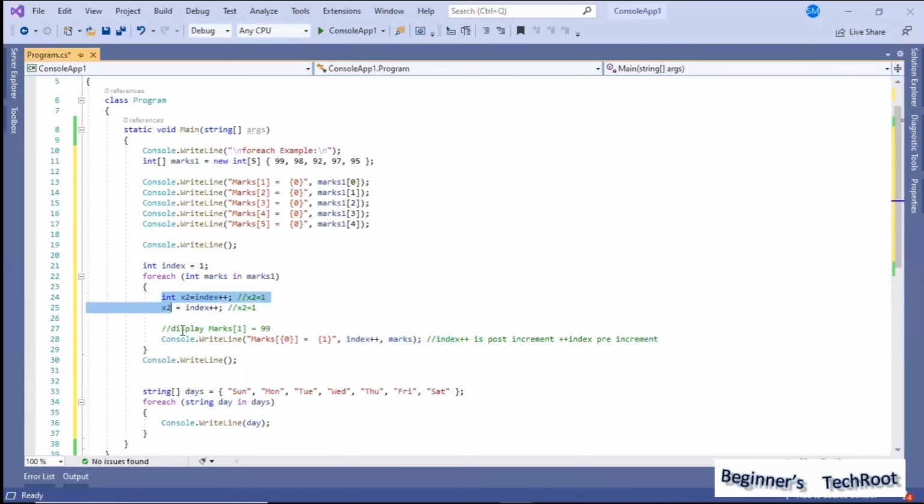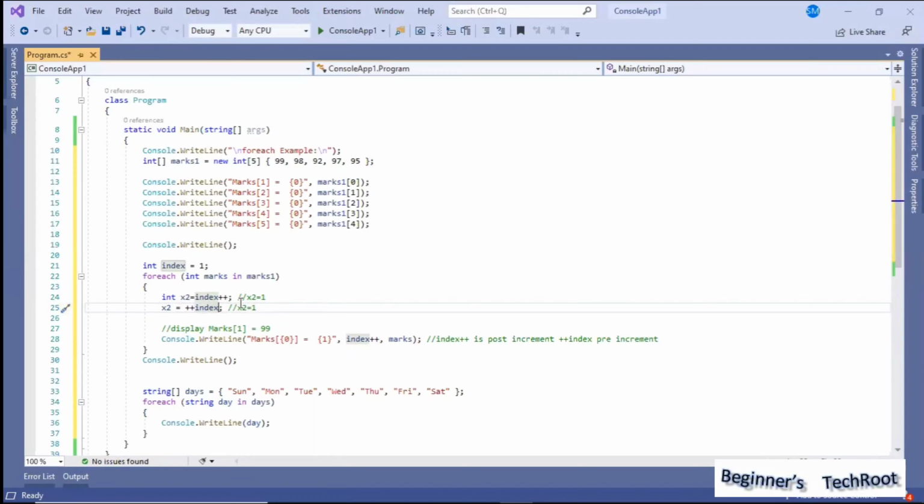It will be available only within this block, and not outside this block. When we define it like this, it is available from here to below, everywhere within this method. But as we are putting it inside, it will be available only here. Okay, and then x2 equal to index. Suppose I do plus plus here, now what will happen? In this case, what will happen?